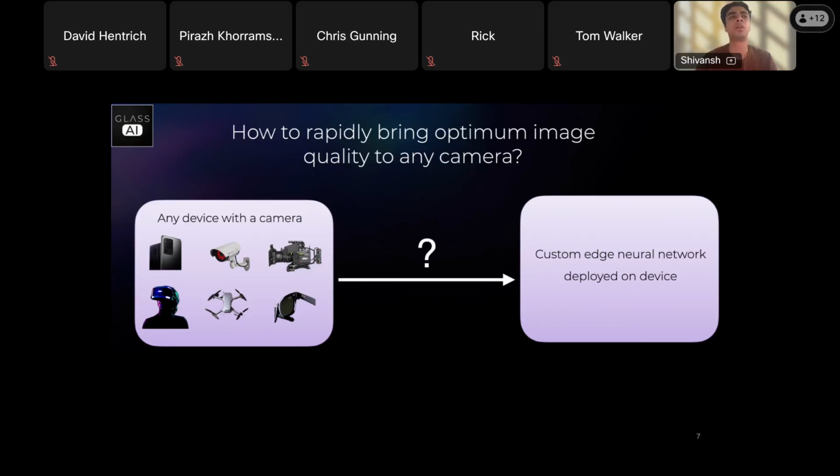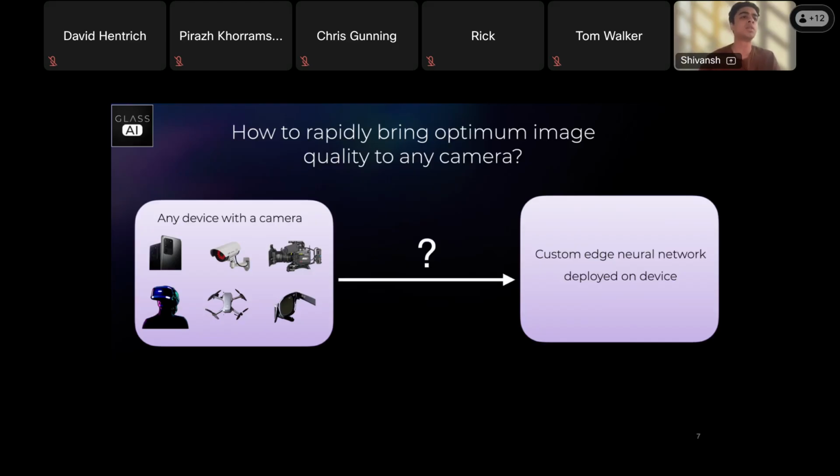Thus, we must come out of the traditional ISP procedures and slowly move towards neural ISP pipelines. Therefore, our goal should be to build one common neural ISP pipeline which can be used for any of these devices. The pipeline should be aware of the optics and the sensor details of whatever device we want the network to run on, and it should implicitly learn those characterization features of the camera, and thus still generate a decent image quality. And then from there, you could always reiterate to improve it. But the idea is we shouldn't be spending too much time manually tuning a pipeline for individual devices.